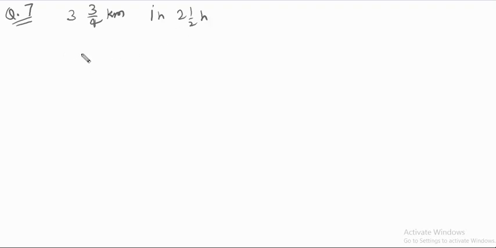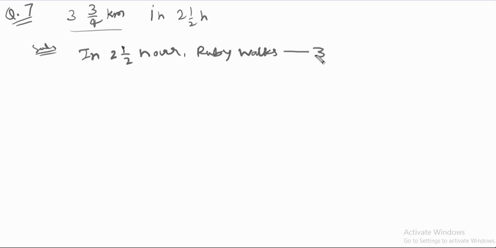So here our solution is: let us convert 2 1 by 2 hours. In 2 1 by 2 hours, Ruby walks how much distance? 3 times 3 by 4, so we can write it like this, right? 3 4s are 12, or 3 15 upon 4 kilometer, right? Now in 1 hour,